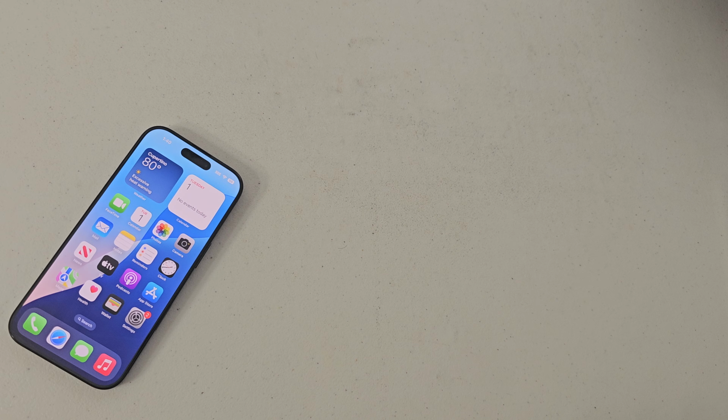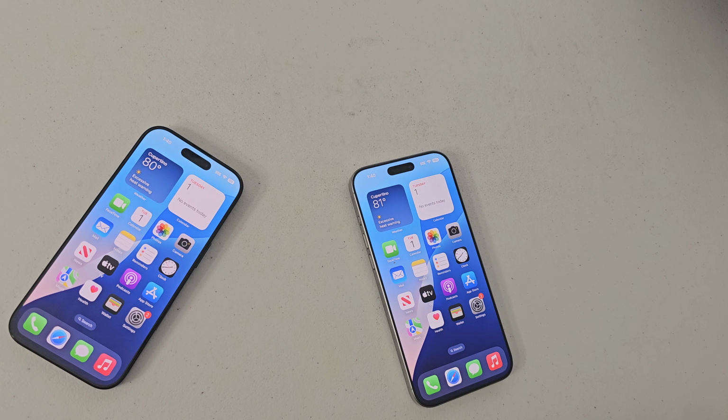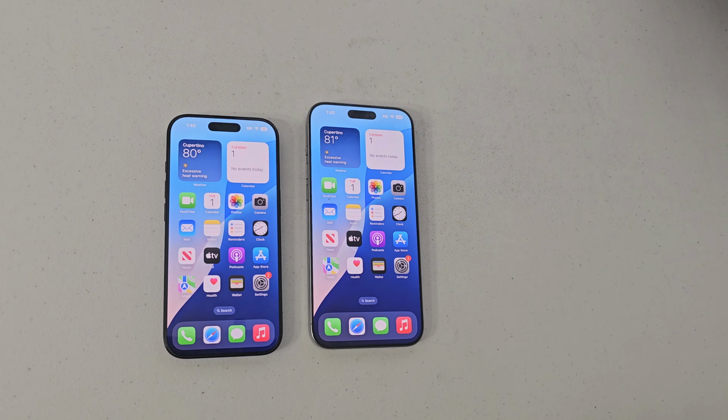So you'd actually seen the iPhone 16 and 16 Plus review, but now I'm going to review to you guys the iPhone 16 Pro and the iPhone 16 Pro Max. Now both of these phones are actually the most popular iPhones in the Apple lineup, and that is because when